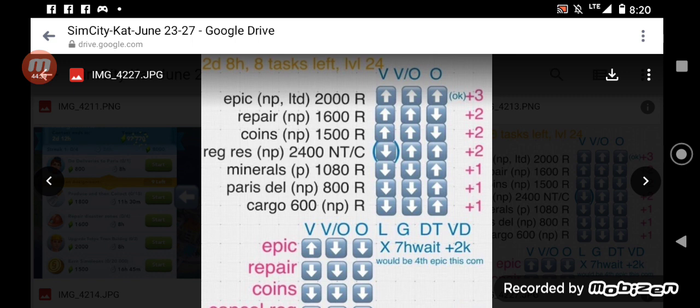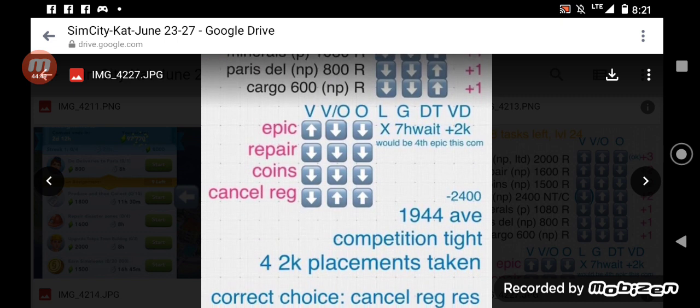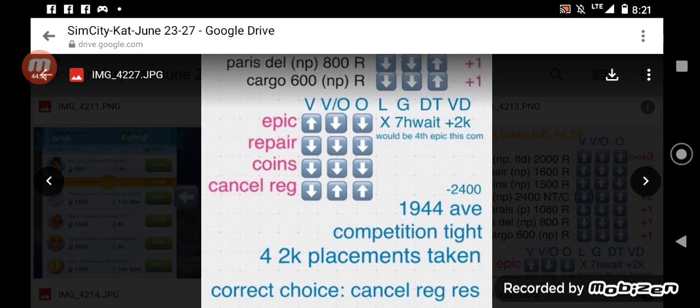2,000 rotatable, okay, +3. Repair. Value up, value up. Okay, alright, hold on. So now she brings it down to task comparison. So in this case, what people are doing, think of it like a fraction. You're reducing the list each time based off of your